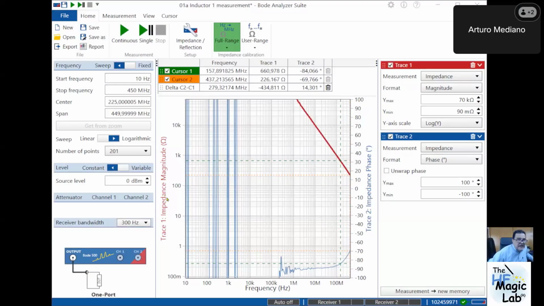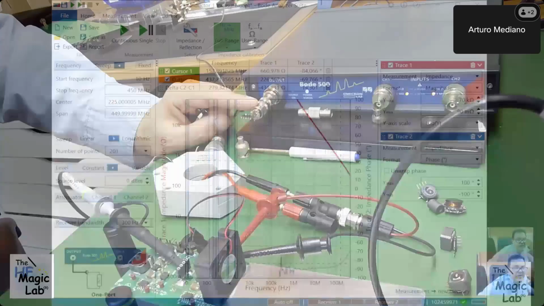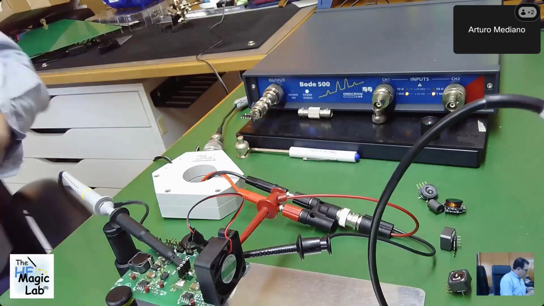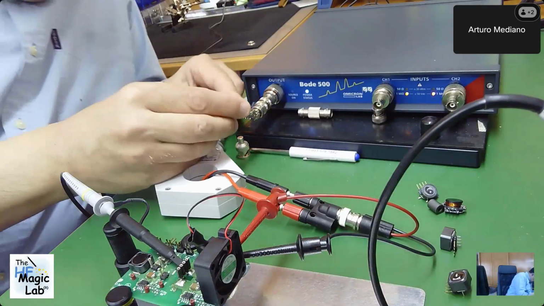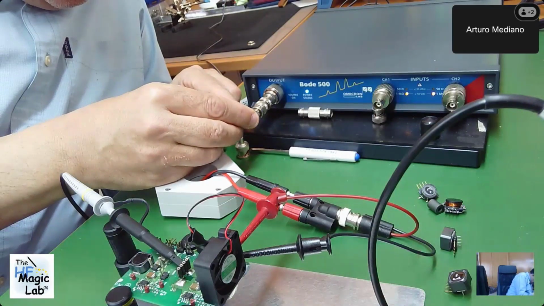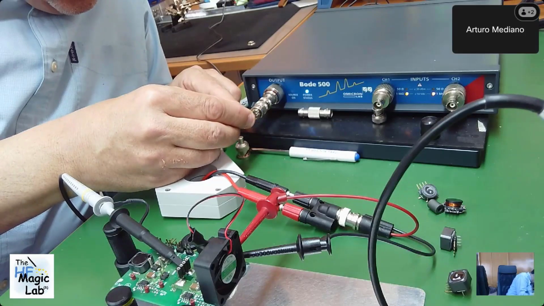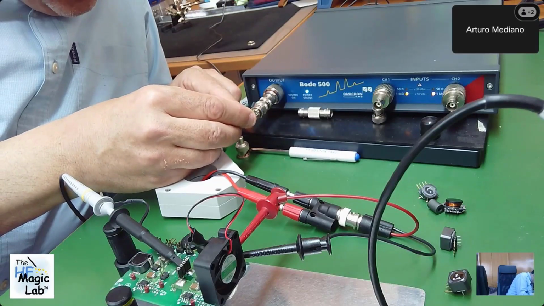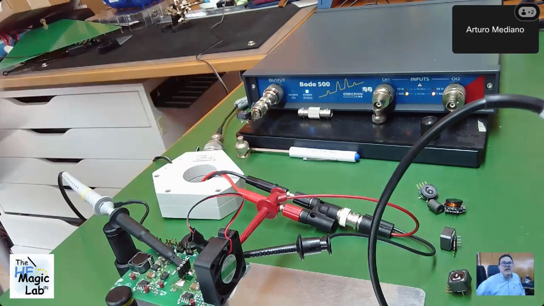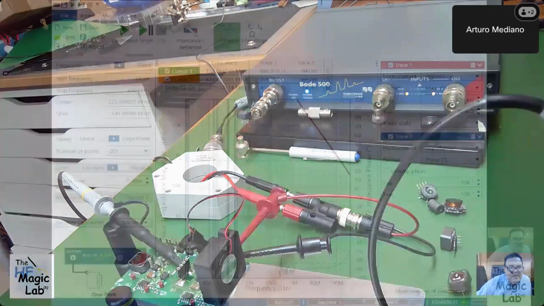In the vertical scale, you have the impedance on the left axis, and on the right axis, you have the phase. So let's connect the inductor to the device. I have calibrated the instrument to minimize the time for the demo. Okay, so the inductor is here, and let me show you again how is the response of the